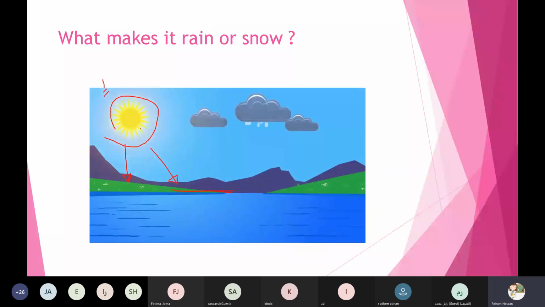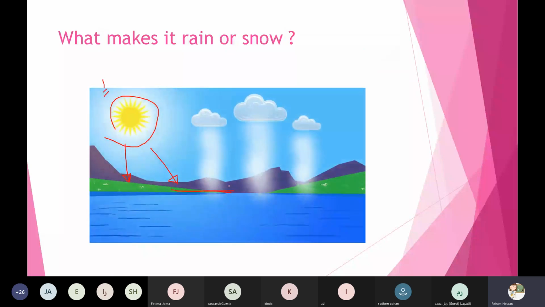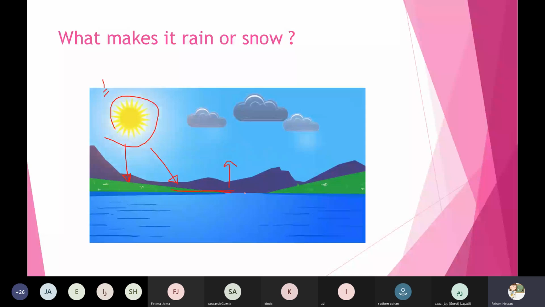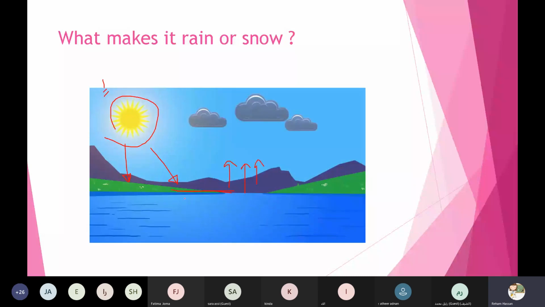If the sun warms the earth water, like if we boil or heat up this water, the water will go into the air, and it is called water vapor.